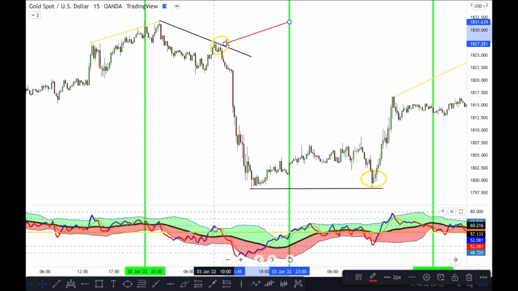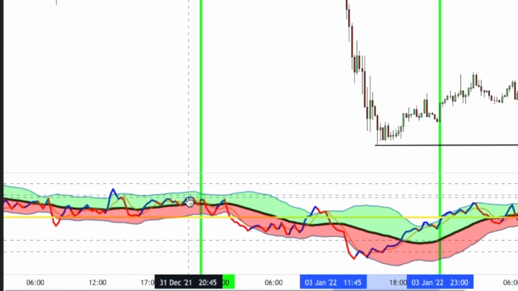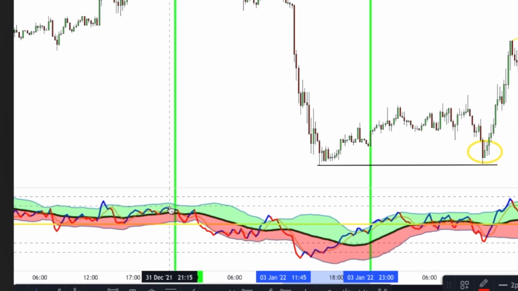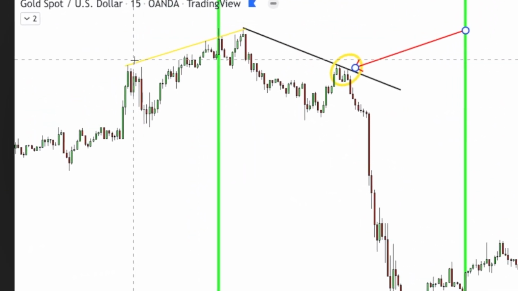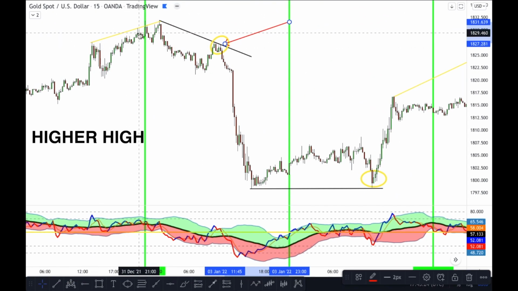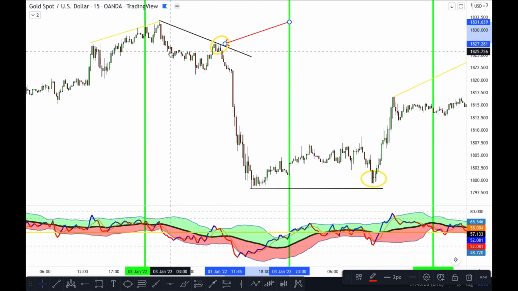So when we got this shark fin re-entry over here, we can even see the market had created a lower high, we can see that the TDI from here had created a lower high, but here going up to here, price was creating. So we can see when it came into this day here that this was a divergence entry. Our main confluence of that was the shark fin, and to see what we saw previously before that shark fin occurred. So this was a good indication to tell us that this was a nice pullback and possibly a shark fin entry.